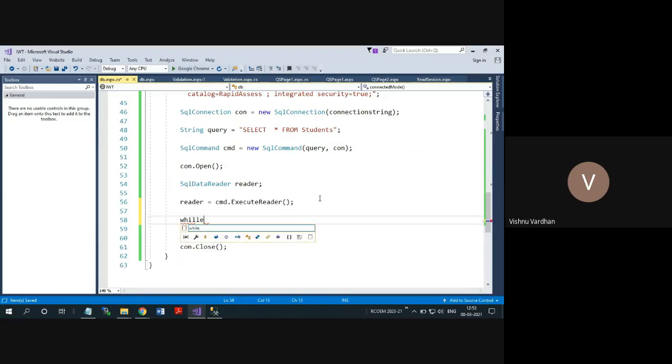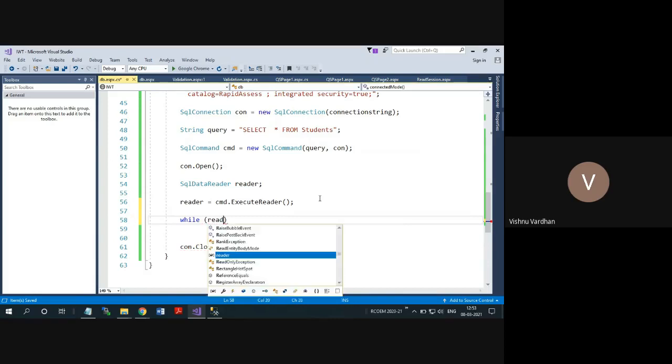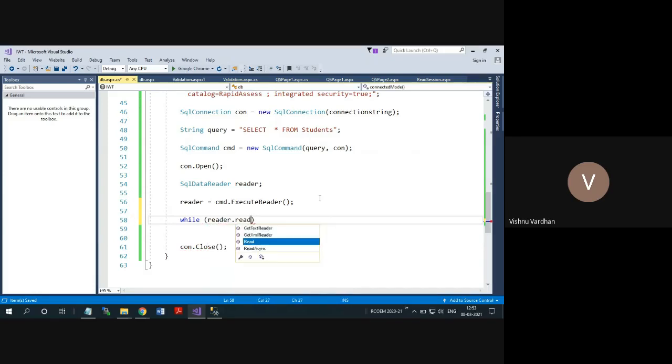Now I want to repeat the information for all the rows of data coming dynamically, by checking the condition while reader.Read. Until the reader has no more data, this code block will run again and again.